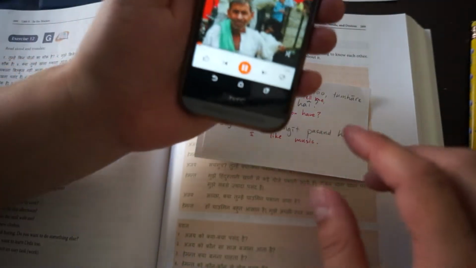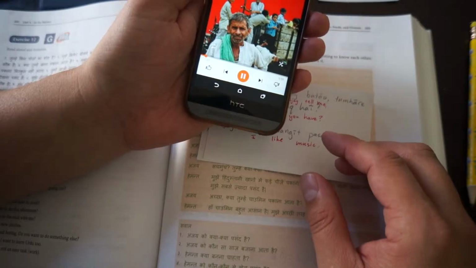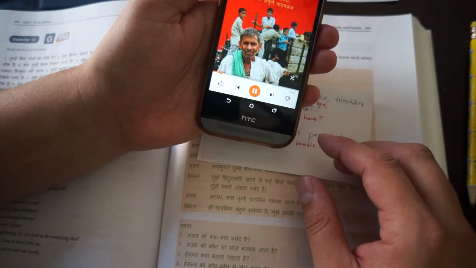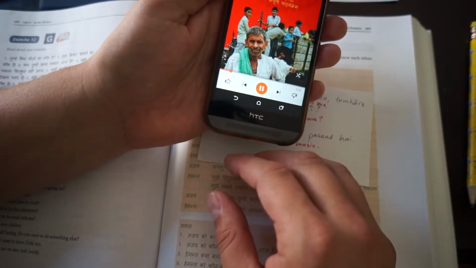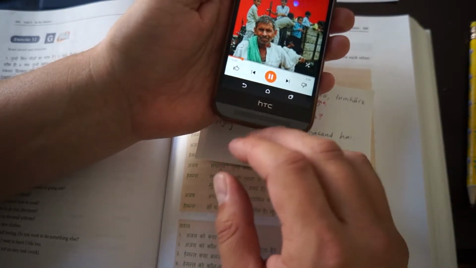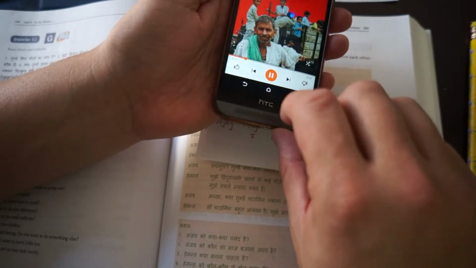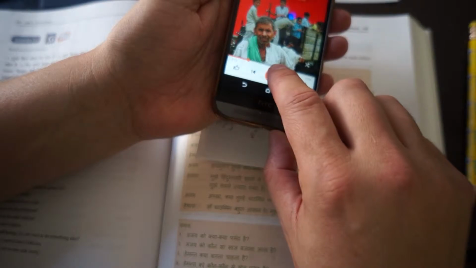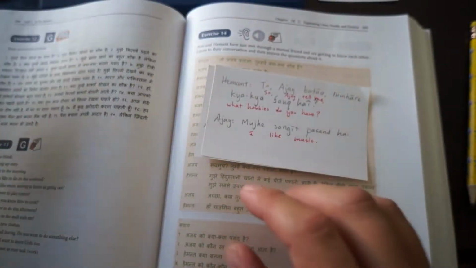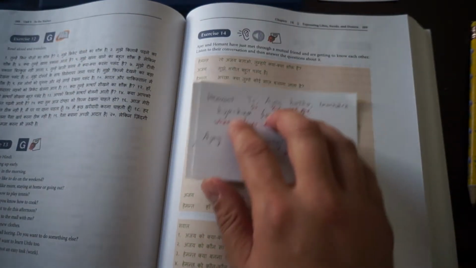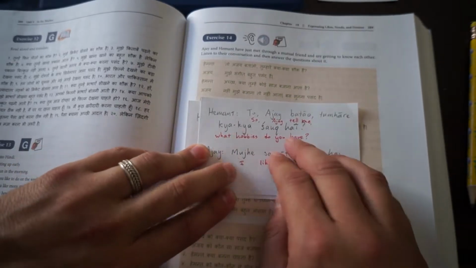तो अजय बताओ तुम्हारे क्या-क्या शौक है? मुझे संगीत बहुत पसंद है। अच्छा, क्या तुम्हें कोई साज बजाना आता है? नहीं, मुझे बजाना तो नहीं आता, बस सुनना पसंद है।